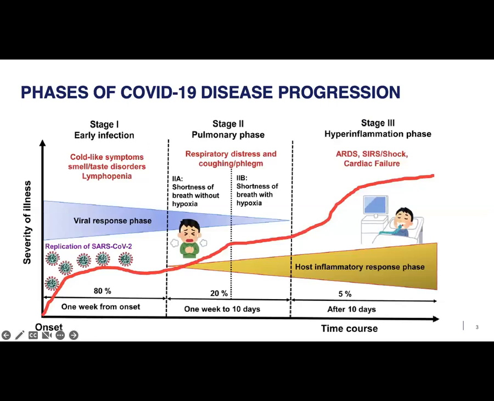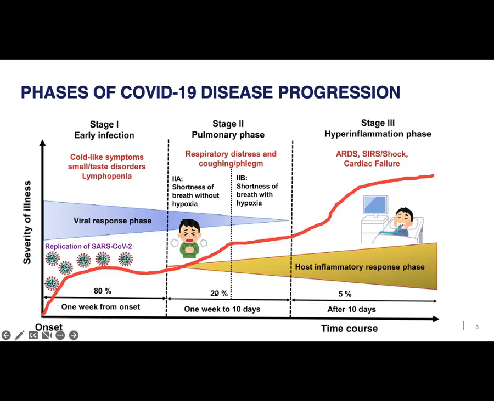COVID-19 symptoms typically occur 2 to 14 days after exposure to the virus, and most commonly after 4 to 5 days. So most people will experience mild to moderate symptoms during this period. The first COVID-19 symptom to develop is likely to be cold-like symptoms, such as fever, which is a temporary increase in body temperature. And this differs from influenza, where the first symptom is typically a cough. Some patients may also experience a loss of taste or smell, as well as a decrease in white blood cells.